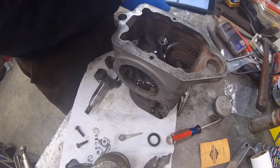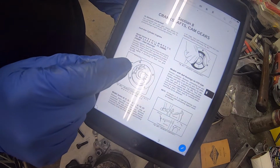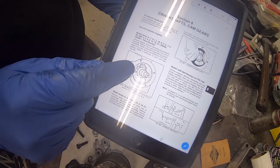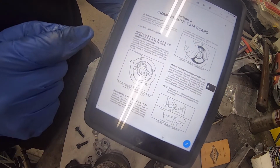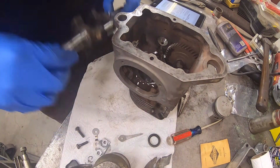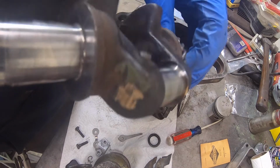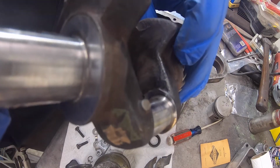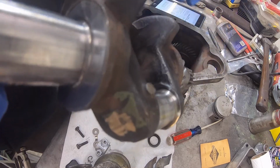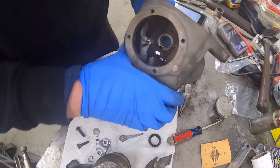Okay, so per the book, if you can see that right there, there's a dot, and on this cam it's a line, and then there's another little nick or something in the side of the crankshaft. So if we look, there's nothing on that side, but there's a little tiny nick right there. So that line needs to line up with our other line in there. So to do that,